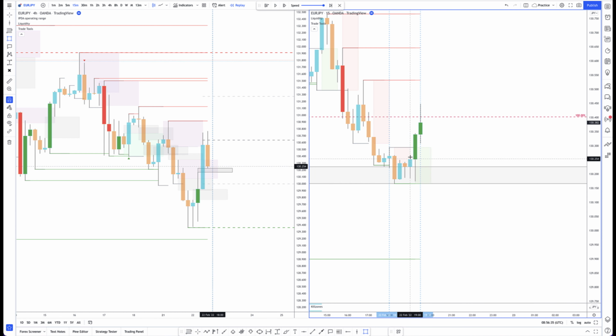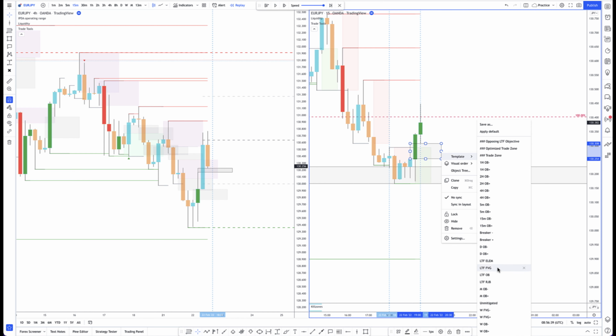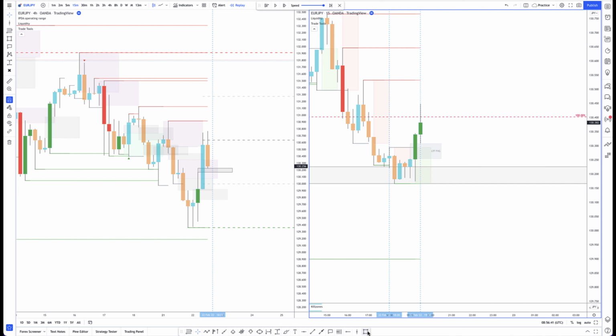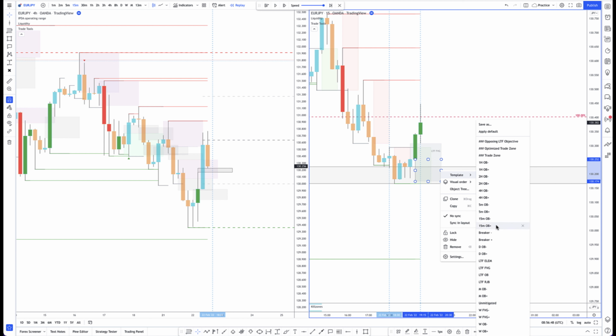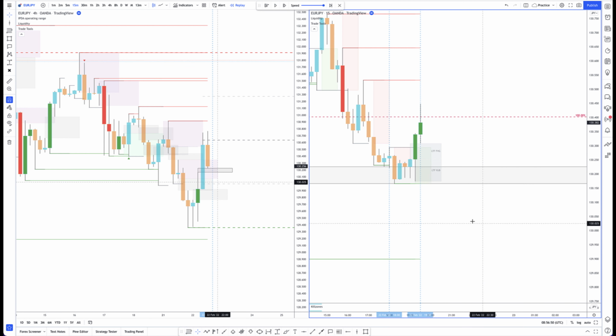So we have a fair value gap here. We also have a rejection block here. Since these are the only two elements, I'm gonna create a trade zone from them,